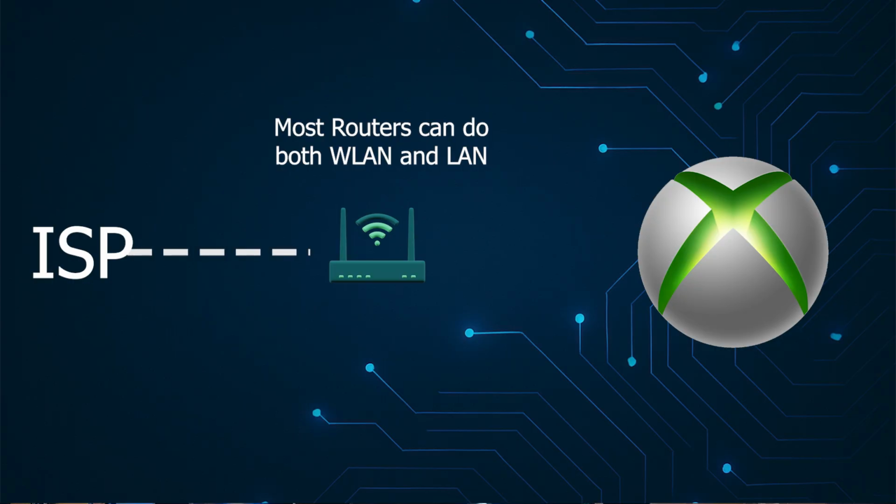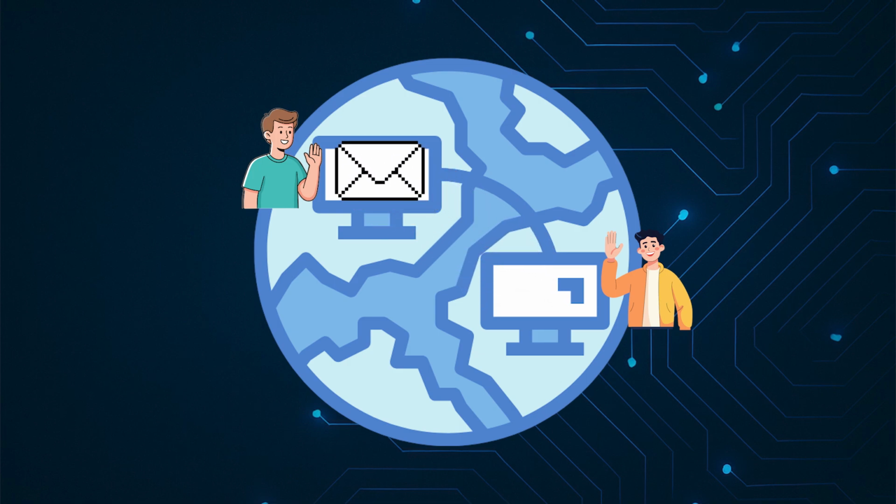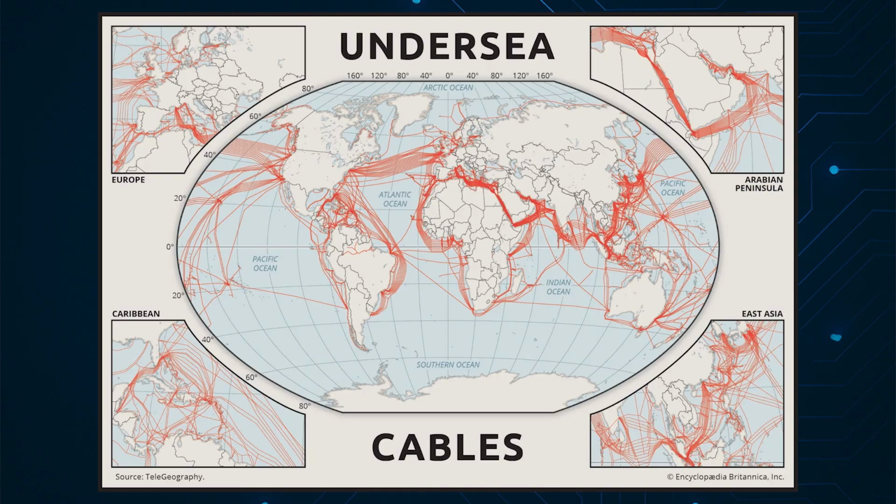It's always going to be faster to get internet to go from your modem to your PC or Xbox, which is only traveling a few feet, compared to trying to send information from Texas all the way to Japan. An example is that the internet is the largest WAN, connecting billions of LANs across the globe.